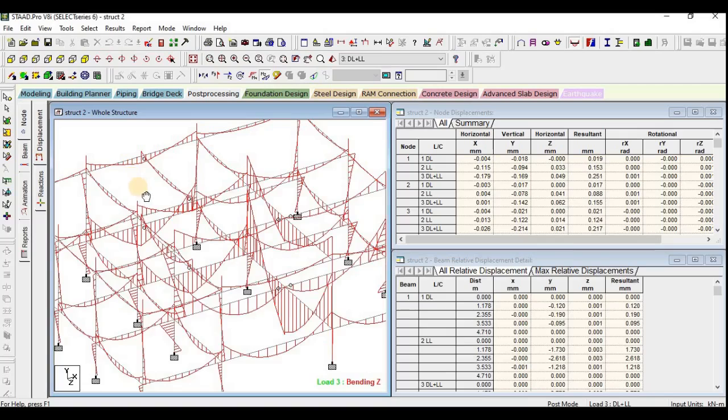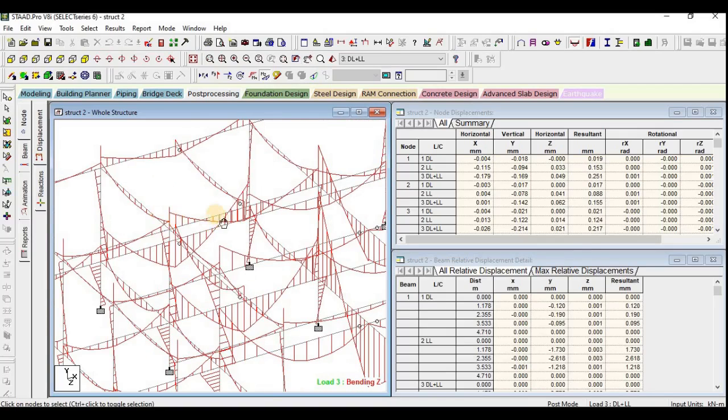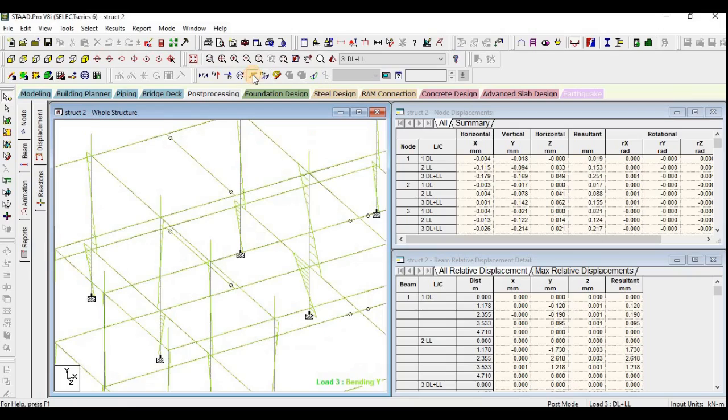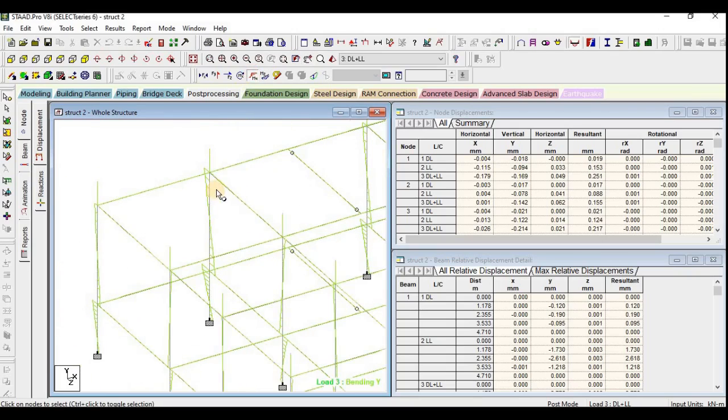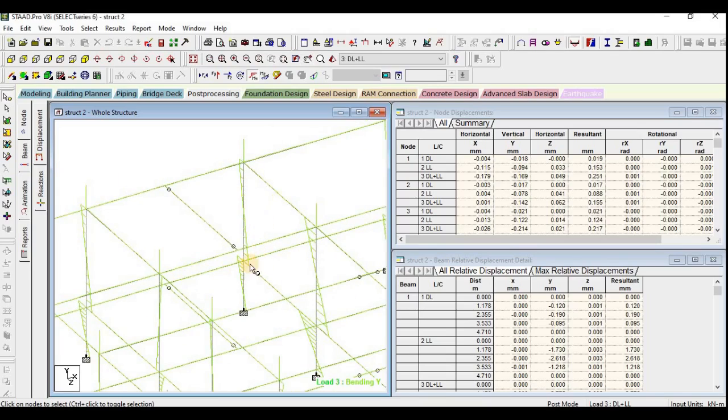see here the shear, okay, sorry, bending moment.